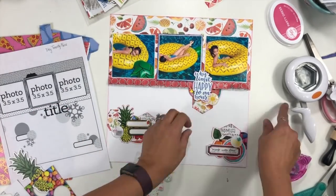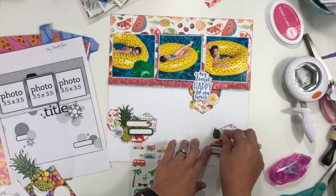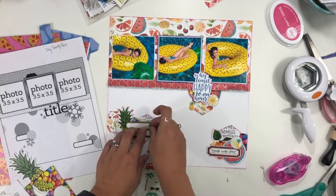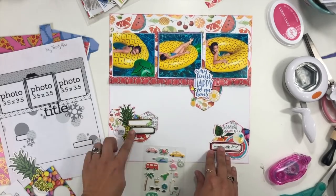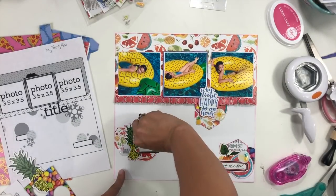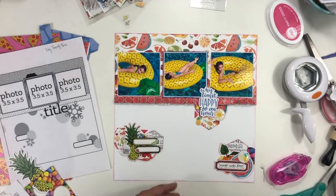And then I'm going to go ahead and grab some of these puffy stickers, and these are from the Chasing Adventures collection from Jen Hadfield. And I'm going to add a few of the little pieces of fruit that come in that collection to each of my clusters. And then I have these New Day kind of enamel shapes that are triangles, and if you've